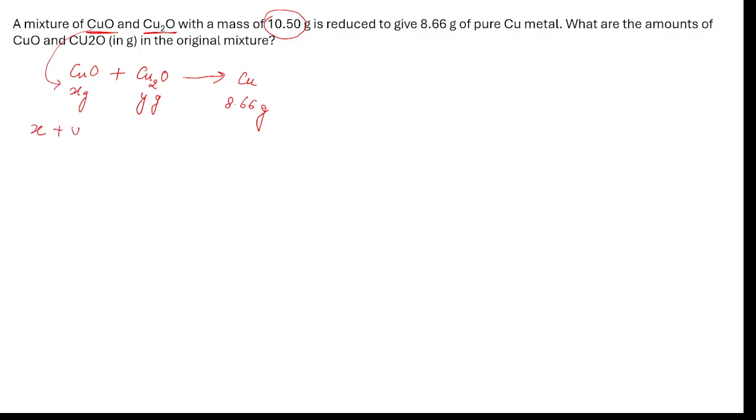So we already have our first equation in hand: X plus Y is equal to 10.5 gram, or we can also convert it into X equals 10.5 minus Y. This is going to be our equation 1. Now we have utilized this value already to make our first equation. Now we are going to utilize this value to form our second equation. But how to do that? For that we are going to use the mole concept. Let's say